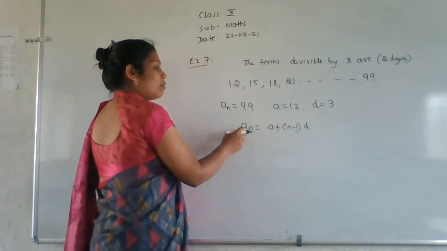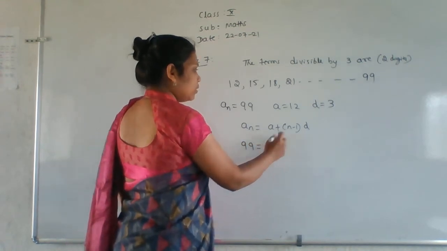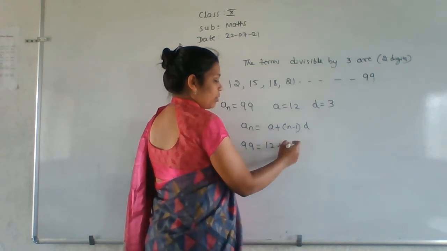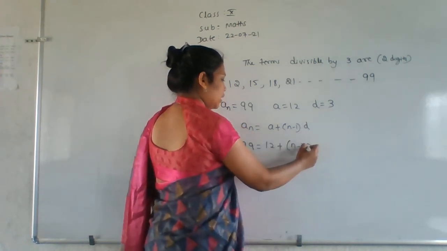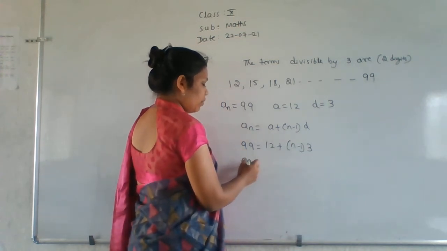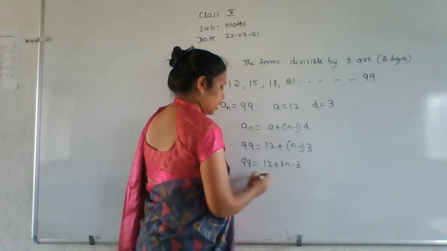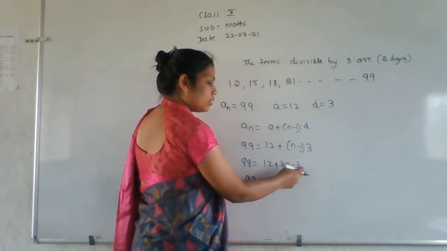Right? And what is the value of an they given here? That will be 99 here. Right? So now substitute all the values. That will be 12 plus n we don't know, and what is the value of d here? 3. So now simplify it. 12 plus 3n minus 3. Right? 99 is equal to 12 minus 3 is